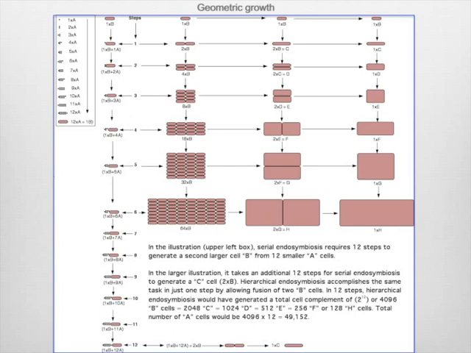And when you get down to 64 B's in step 6, if you look to the left, we're comparing arithmetic growth at step 6. You have 1B with 6 A's. Okay? 1B. You don't even have 2 B's yet in step 6. But over to the right, you have 64 B's. That is the power of geometric